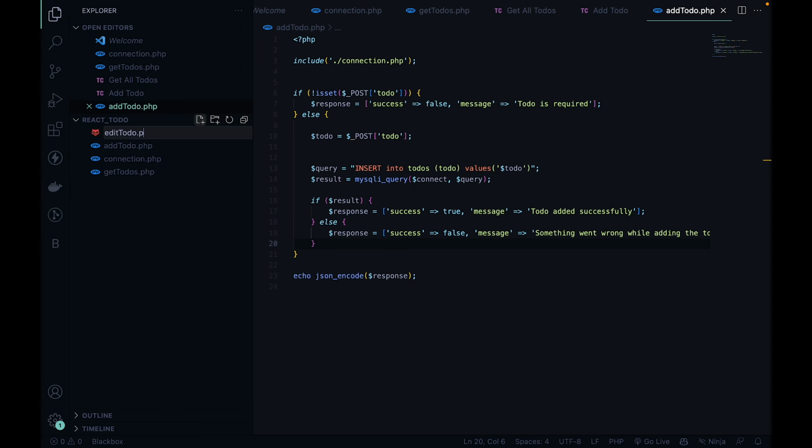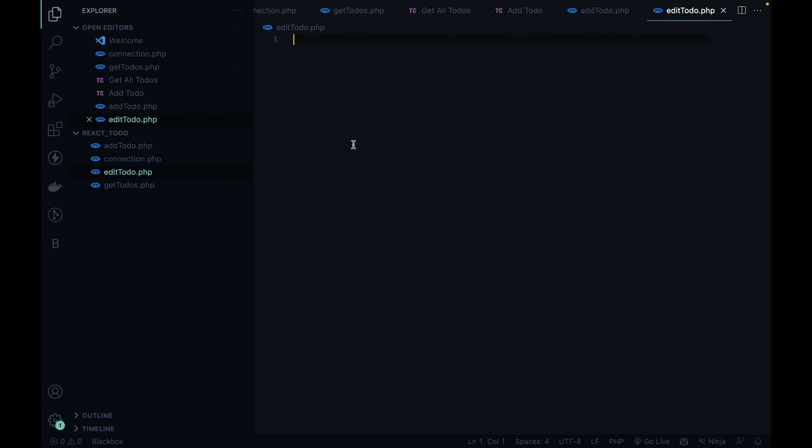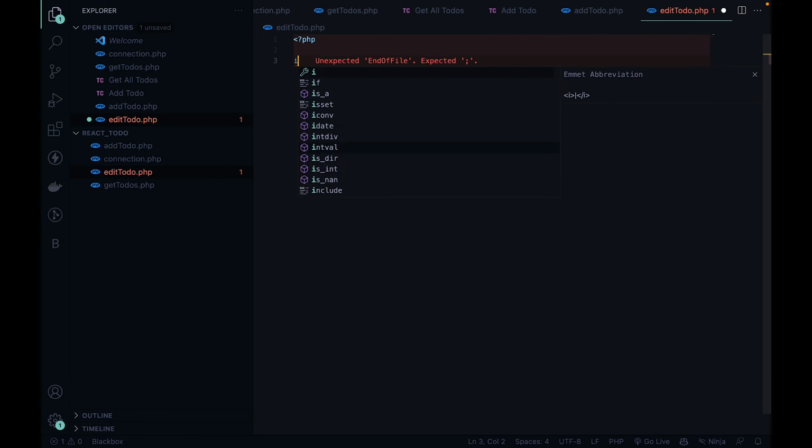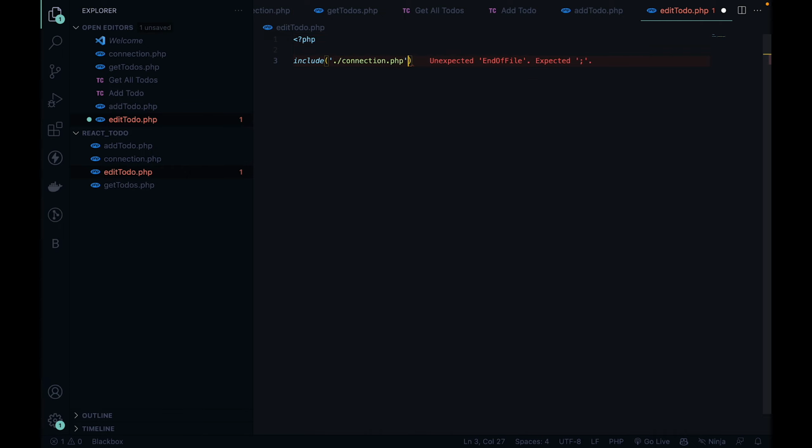For that, edit-to-do.php, that would be PHP, and we'll include connection.php. And for editing the to-do, we'll need a new to-do, updated to-do, and the ID of the to-do where we are updating or editing. So for that,